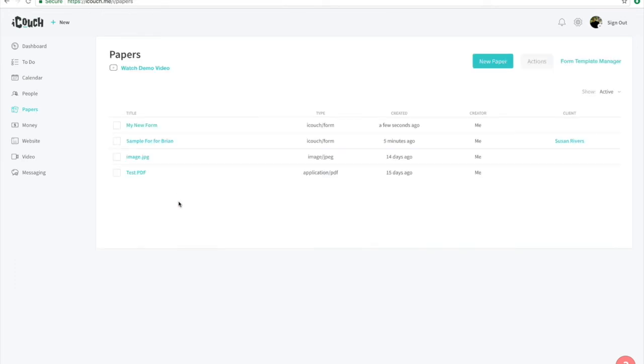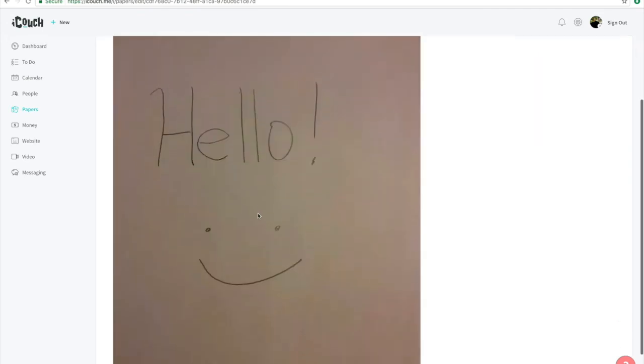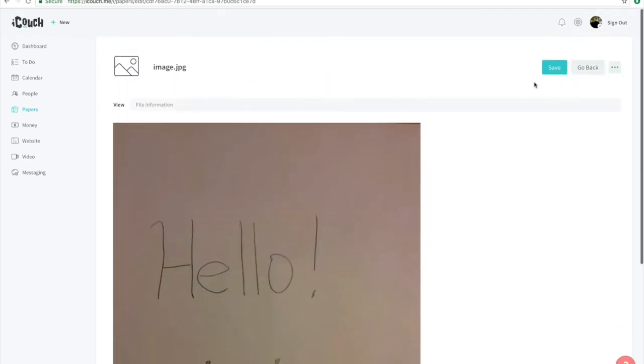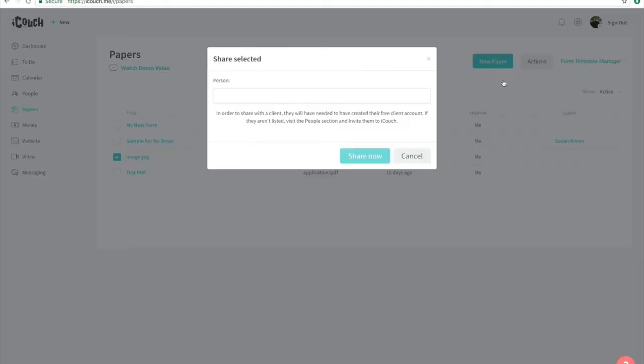So now, what happens if you want to share a paper or share a form with one of your clients? So iCouch makes that really easy. So right now, we have an image file here. It says hello, and we want to share that with one of our clients. So simply click the checkbox, go to Actions, Share, and you can select a client,